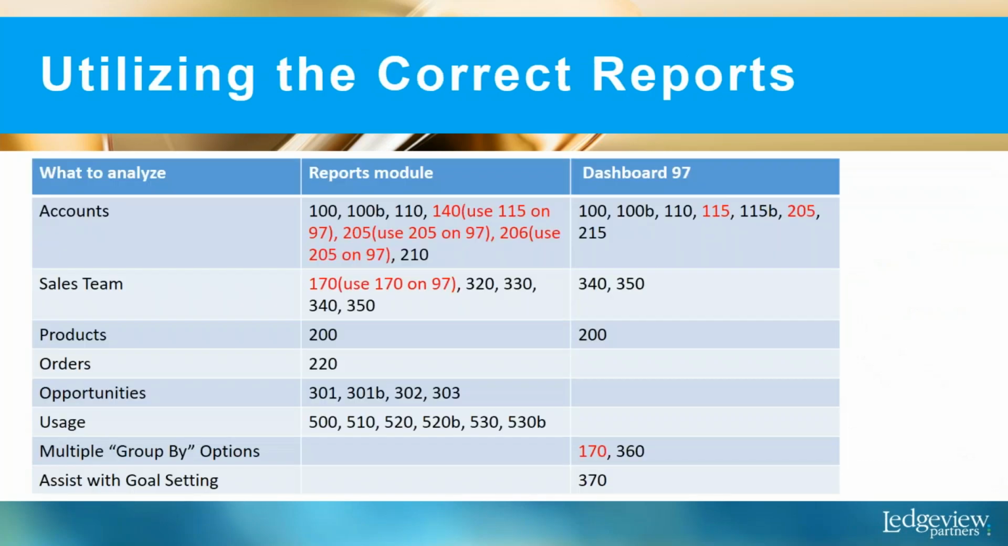All right, important slide here. What I tried to do is kind of group the reports for you to think, okay, what might I want to analyze over here in the first column? What reports in that reports module might I run to help me analyze certain things? And what reports might I be able to run within Dashboard 97 to analyze, let's say, accounts or my sales team or products? So this is just kind of a general perspective,